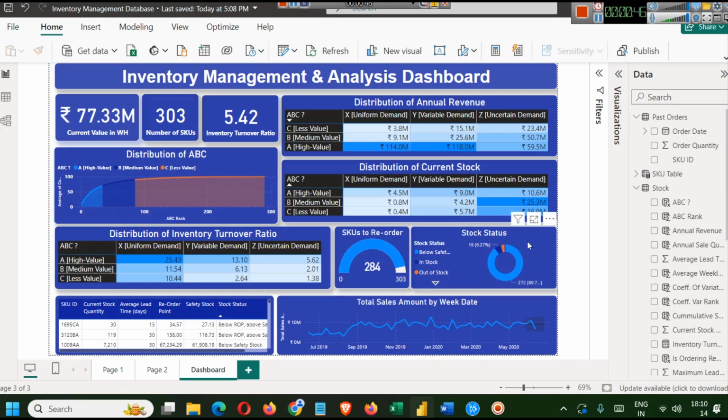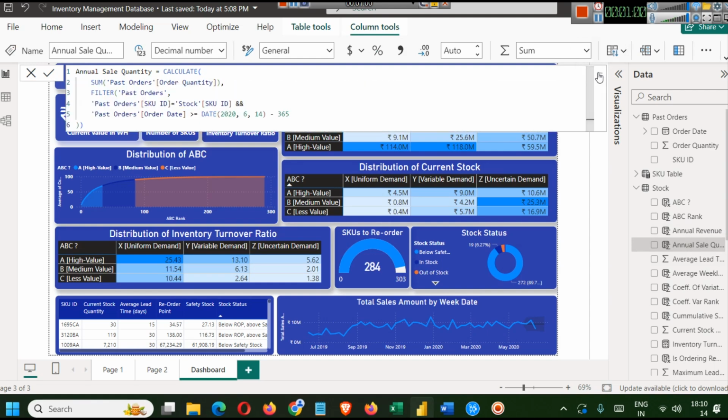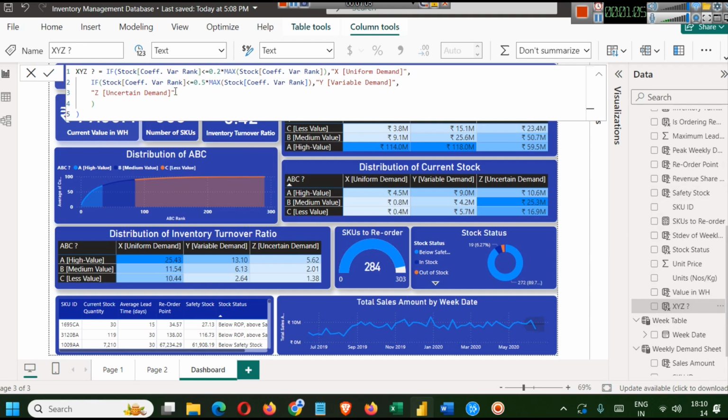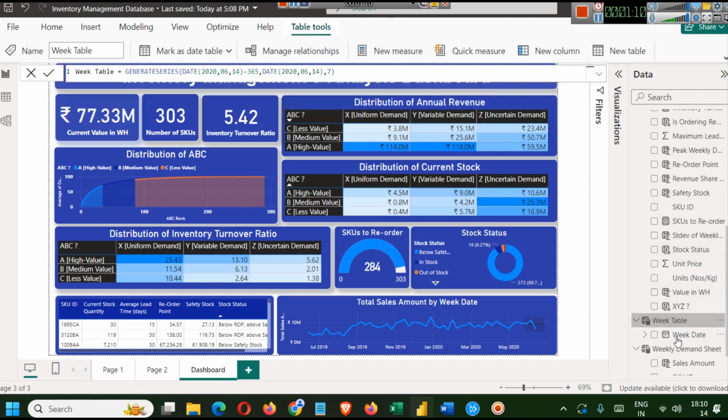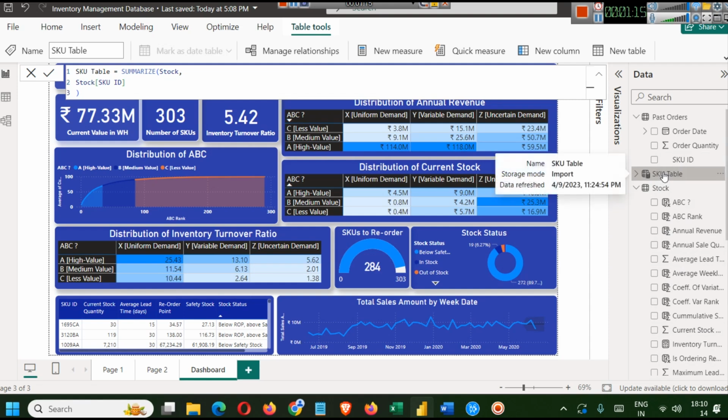This particular dashboard tutorial will be in several parts. In the first part, you will understand the usage of calculated tables, calculated columns, and all these types of measures that you are seeing here. You will learn how to create these measures, how these formulas are used, the use of different types of functions, and how we have categorized the data, how the week table is created, how the week demand sheet is created, and how the SKU table is created by grouping or summarizing the SKU ID. Everything will be taught in this tutorial, and